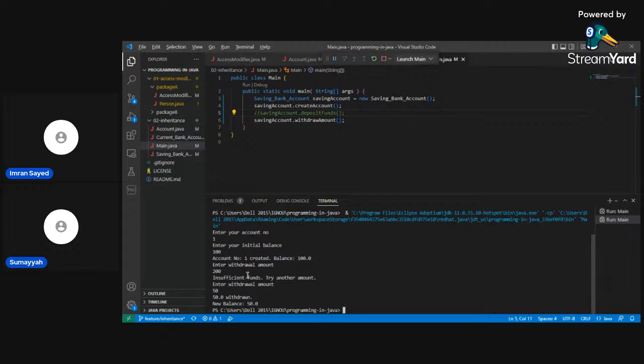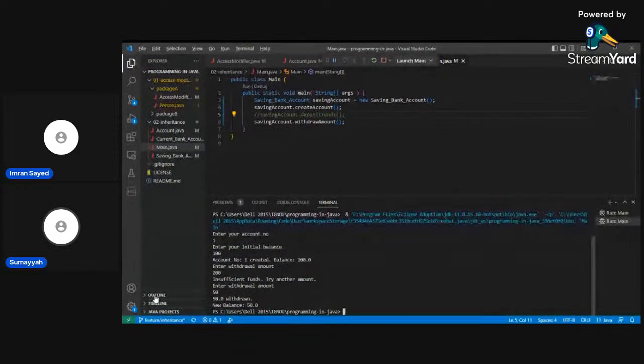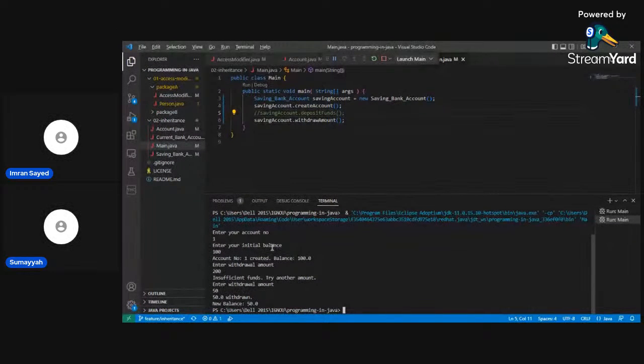Just 1 second, I'm just checking how these guys have done it. You must have also solved it, right? Do you have it online? Yeah, I have it locally. Just check how have you overridden it?